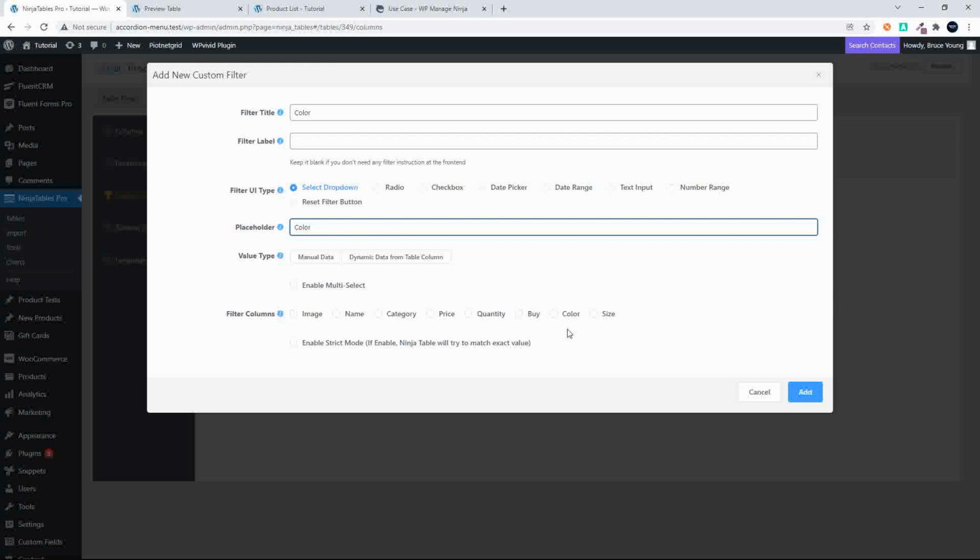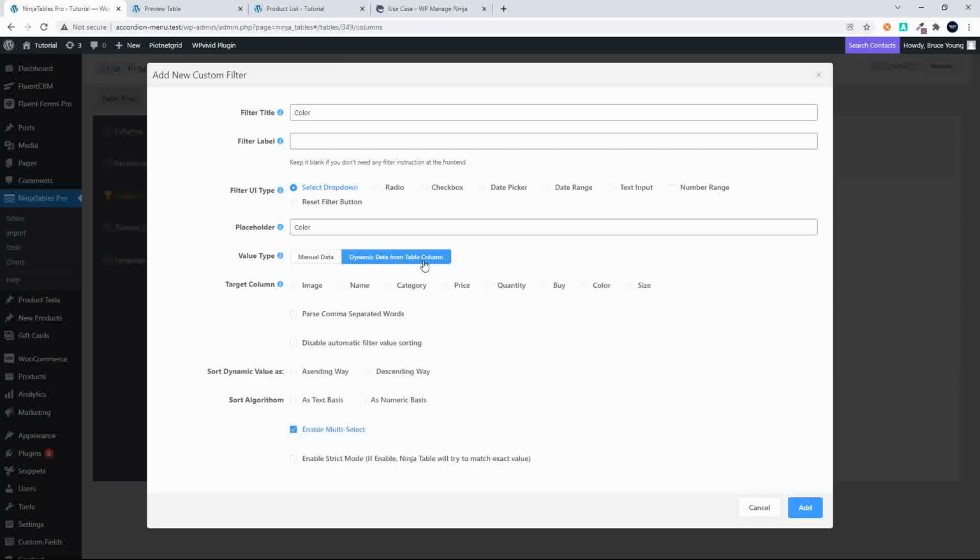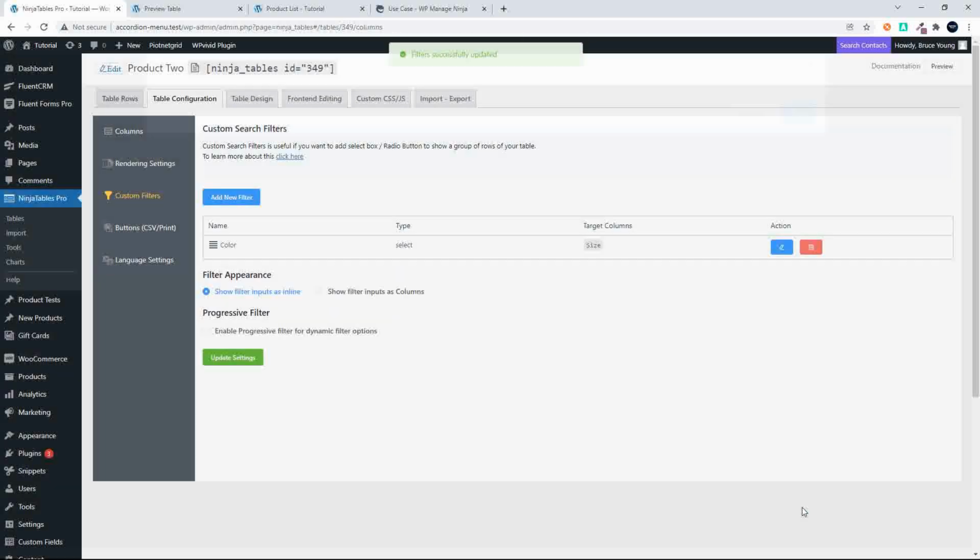And then you'll see here that I'm simply going to select here multi-select, and I'm going to select the size. So here we have dynamic data from the table column size, and I am allowing multi-select. So what's nice now is that it's dynamic data. So if I was to change the color, the checkbox would be updated,